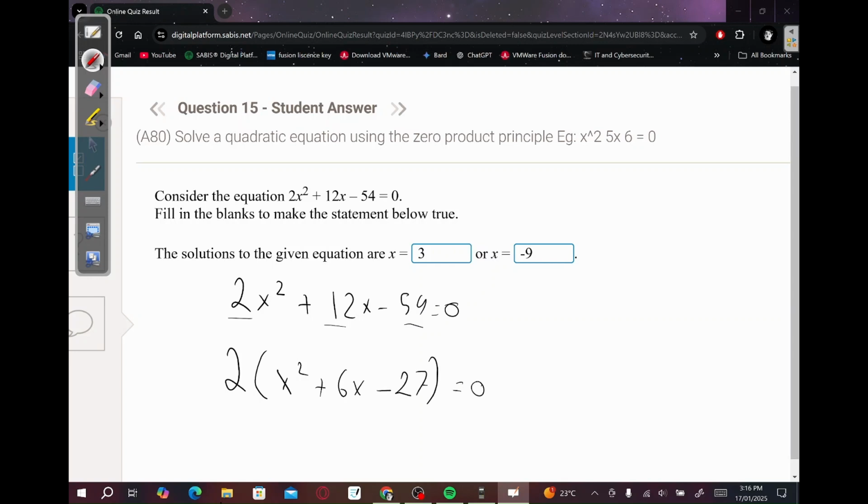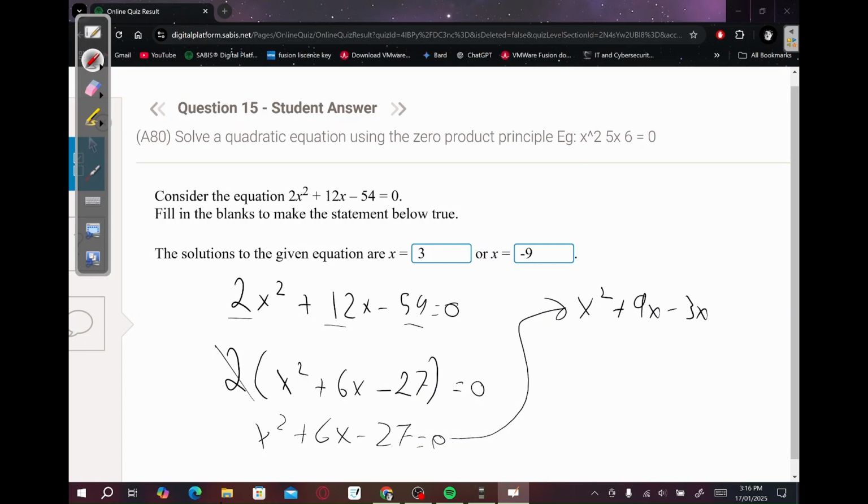Now, I don't know if you noticed, this is much easier to factor. We can divide by 2 on both sides. The 2 cancels with the 0, so it's just going to be x squared plus 6x minus 27 equal to 0. Now, you factor this. What numbers add up to make positive 6 and multiply to make negative 27? Well, negative 27 is 9 times 3. So it's going to be x squared plus 9x minus 3x